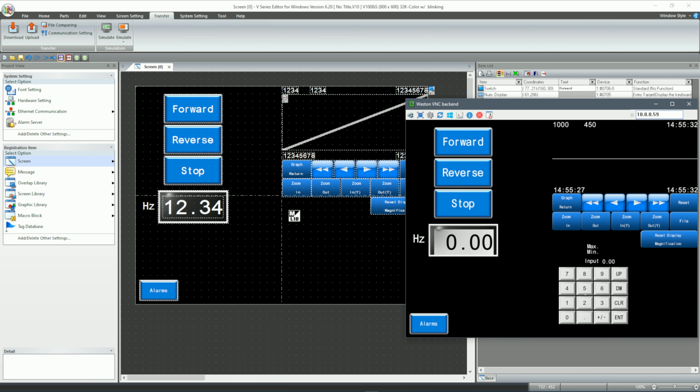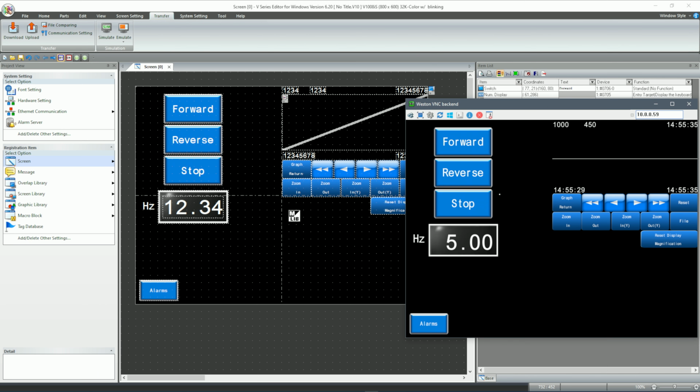Let's set a Hertz, and then forward, stop, reverse, stop, forward,